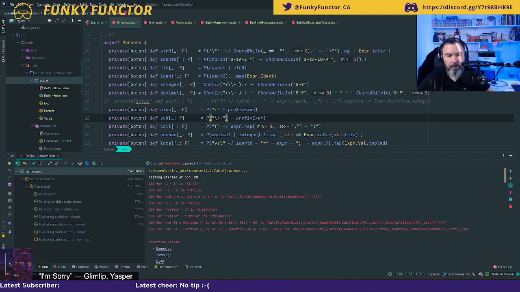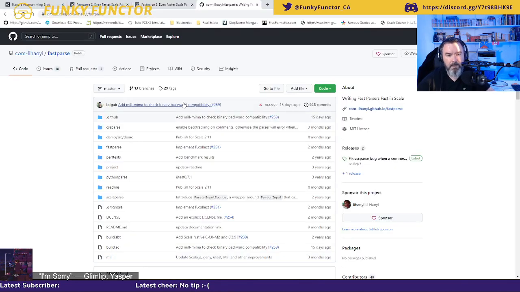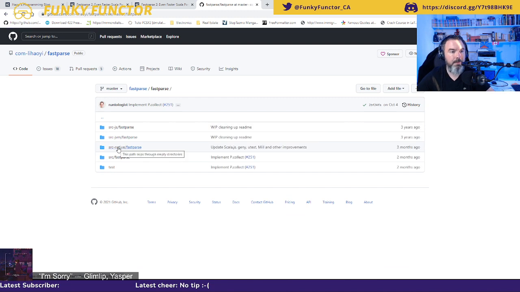So back to this documentation, fastparse. I'm using this library that we have right now on the screen, which is called fastparse, and it's a Scala specific library to parse texts, and I'm trying to use it.